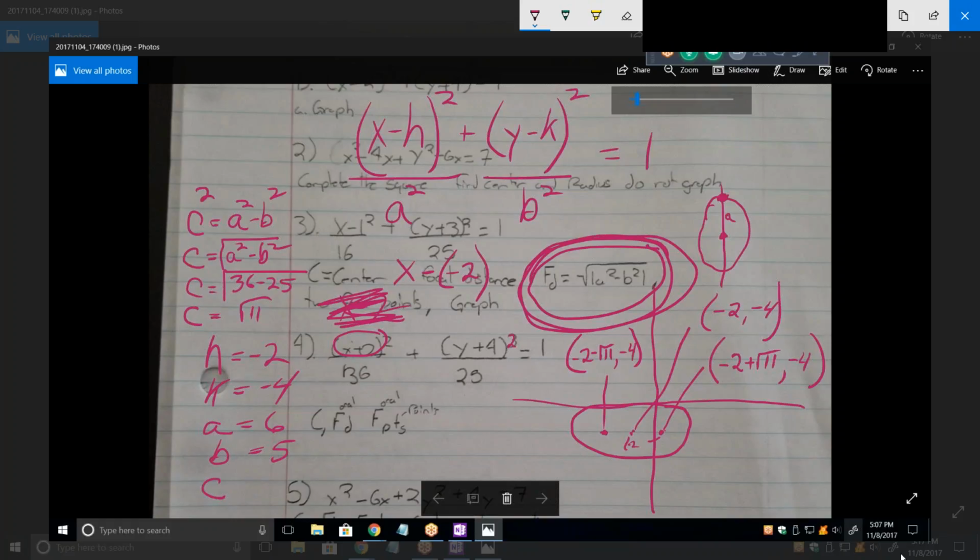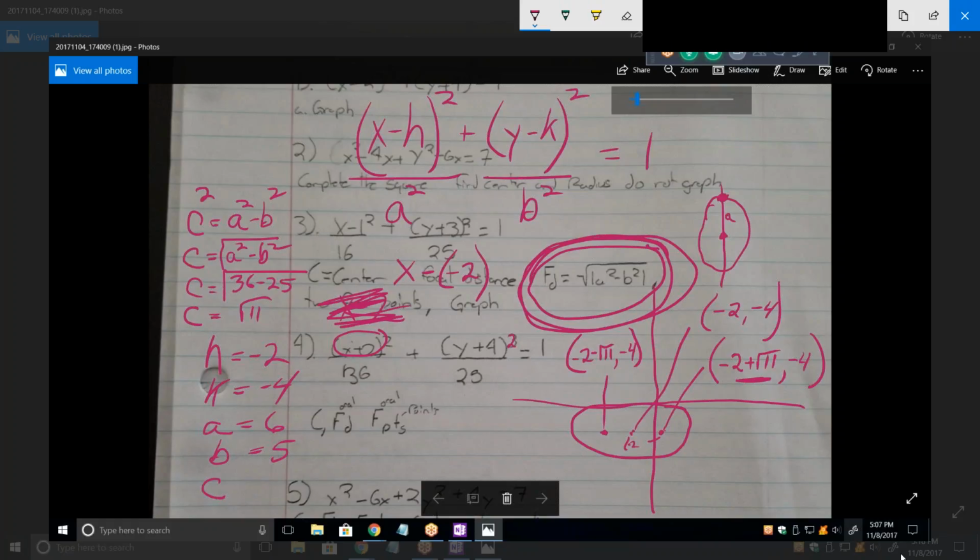Now, this might be something you're not used to seeing, where your x-coordinate is a binomial, a rational number combined with an irrational number. Like over here, that is the proper way to write that. And I don't know if you've seen it like that before. When you're dealing with conic sections, get used to seeing it like that. Now, have we answered everything they wanted? Yes. Both focal points